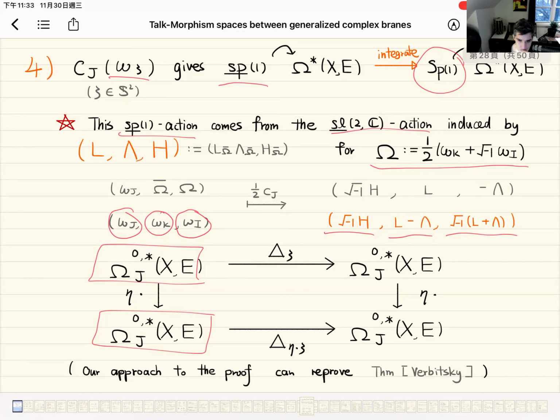Okay. Right. Okay. So in other words, if you consider the cochain complexes together with the operator, which is d squared, but you've written it here as Laplacian just because it can be identified with the Laplacian for J. Yeah. But basically you have the cochain complex, which is labeled by a point in the sphere. And you have the operator, which is also labeled by a point in the sphere. And those pairs are acted upon by SP4. Is that right?